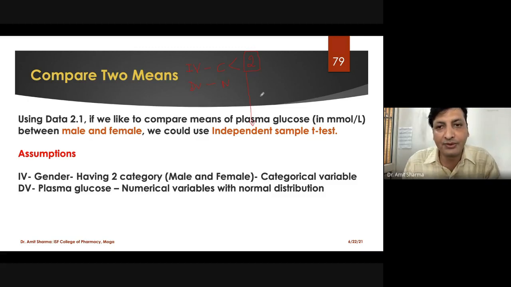Why have we chosen the independent sample t-test and not the Mann-Whitney U, which is the alternative of the independent sample t-test? Whenever our data is normally distributed, we have to check the normality distribution of the dependent variable, which is plasma glucose.